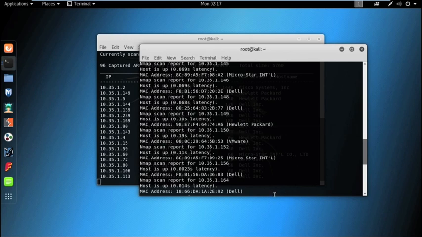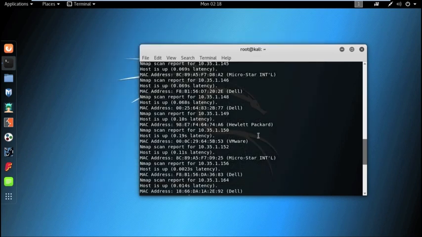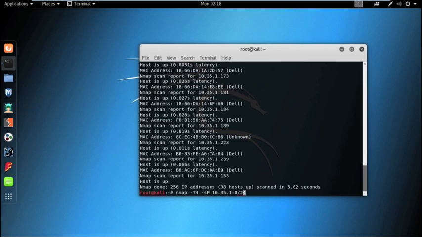So, let us start with some other types of scans like OS scan, service scan and port scan also. Using Nmap we can perform a port scan. For port scanning we use the -p option, we already know that, followed by the port number.